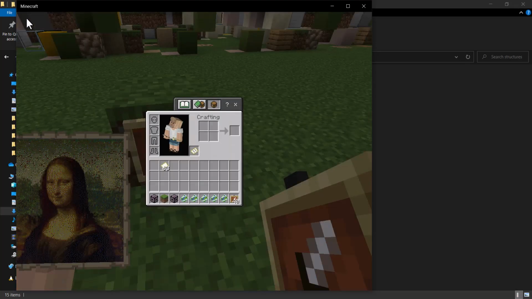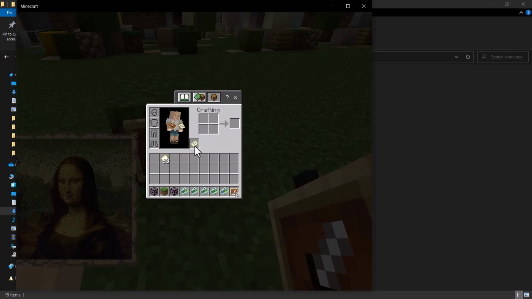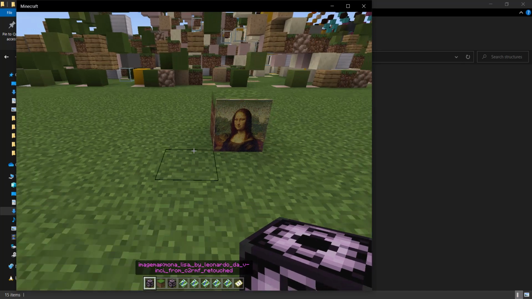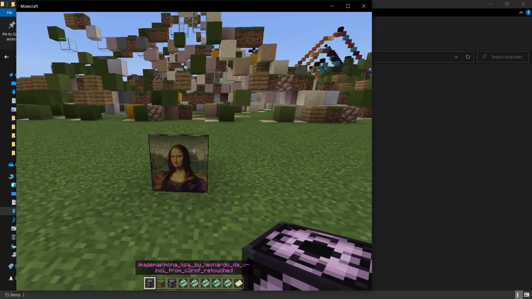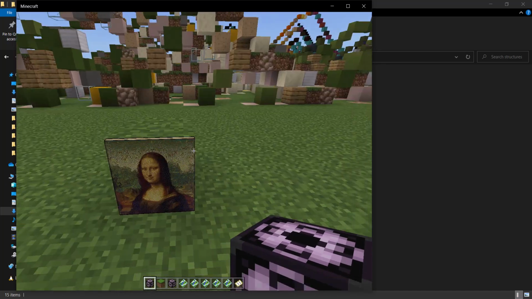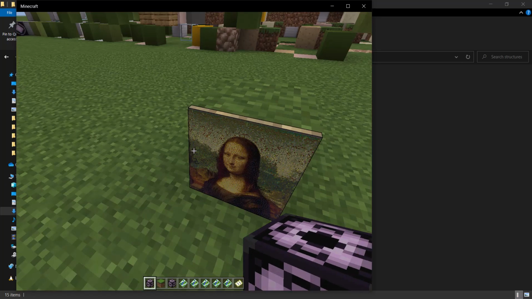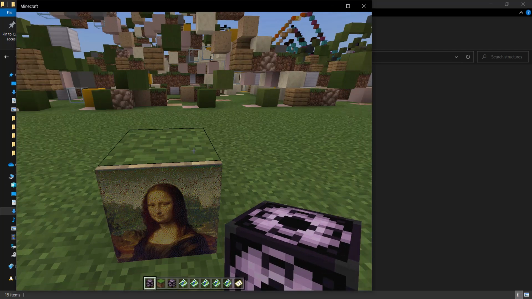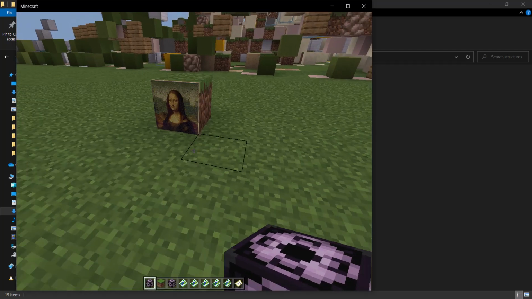So if you try to place it, it doesn't look half bad. You can repeat this for all the 6 portions you have cropped. You can crop any image for any size you want, 5 by 5, 10 by 10, anything you want to do. It's just gonna take you a little bit of effort to crop it on Photoshop